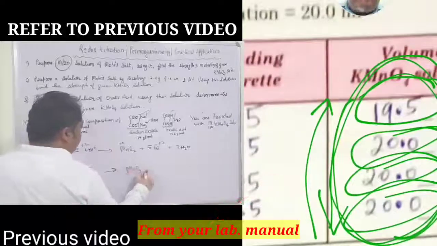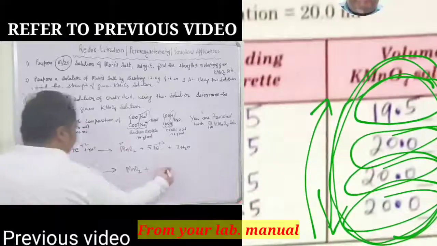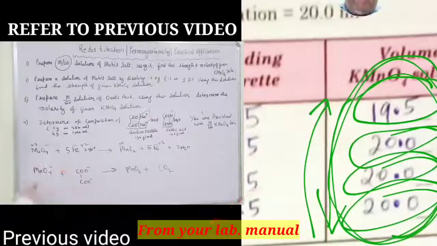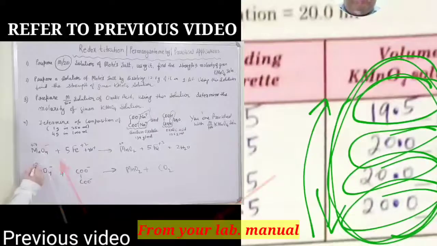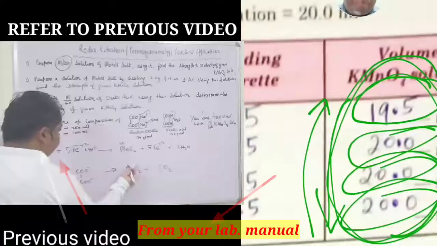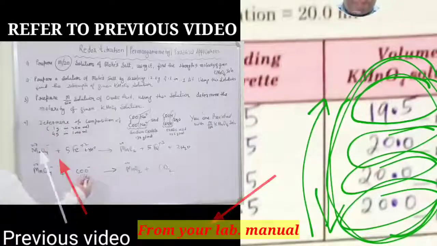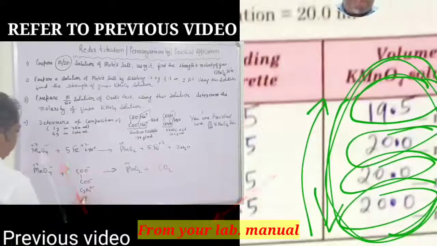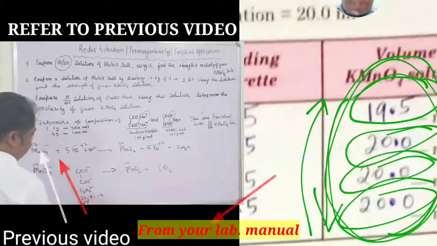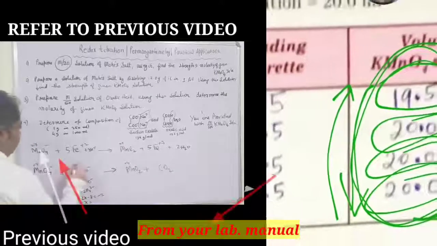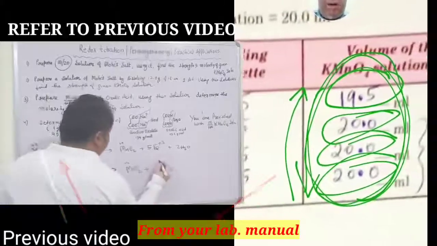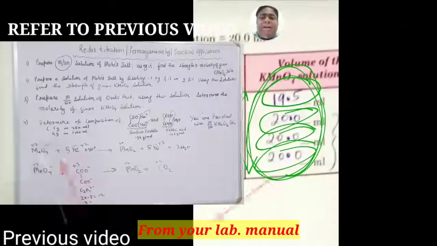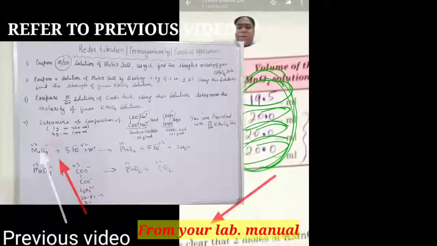So I have given you the tips and tricks and the techniques, along with the ethics of practicals to be followed. As of now, to practice, you can put down a value using a pencil, but I suggest that when you do this experiment in the lab, you erase those values and put the value which you get after doing the experiment. I hope you have understood. You can replay the video and refer to the previous video related to this too. This will help you understand the inside out of the story related with redox titration.